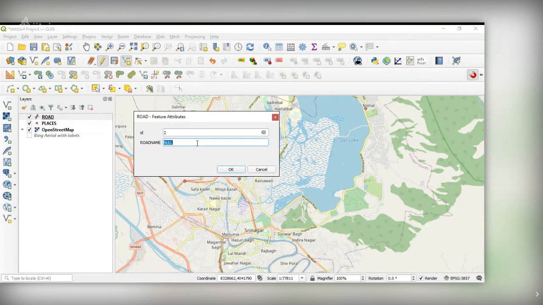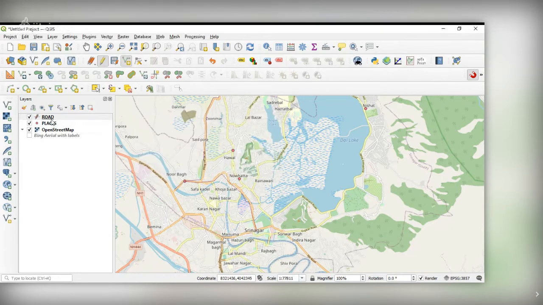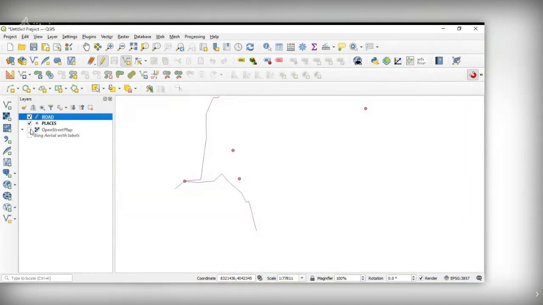This is road number 2. Again save it. Third one is now see the OpenStreetMap. You have points and lines.